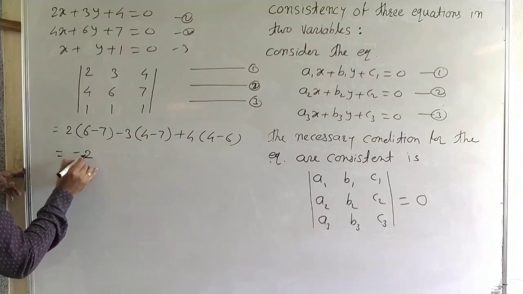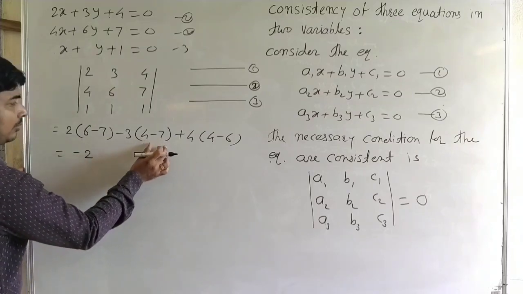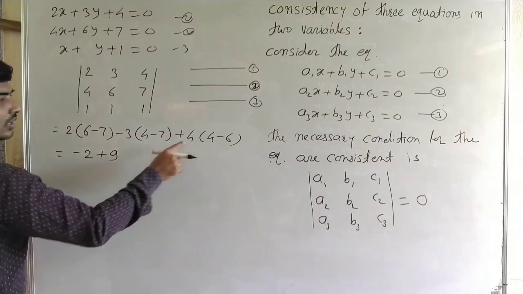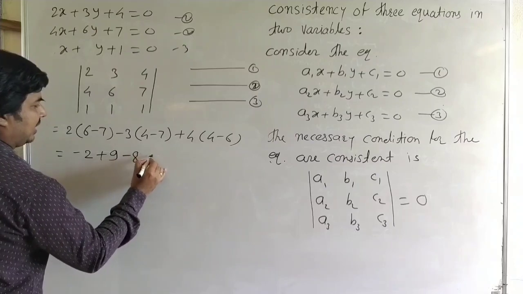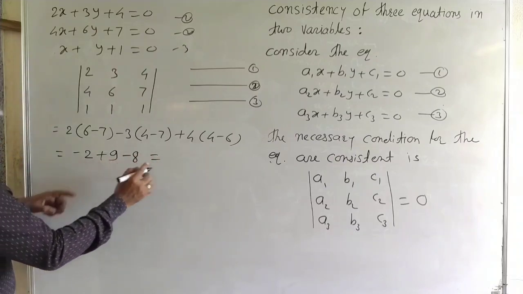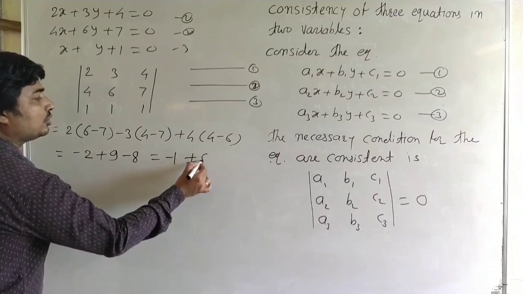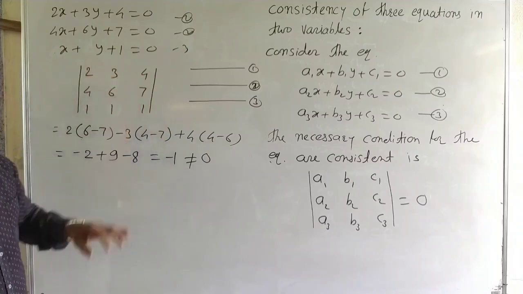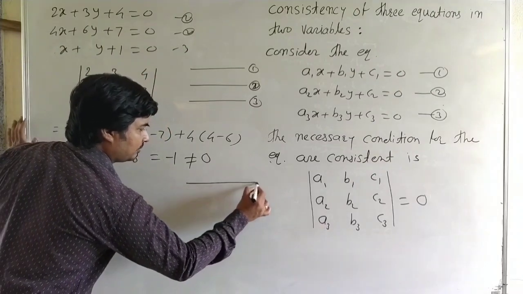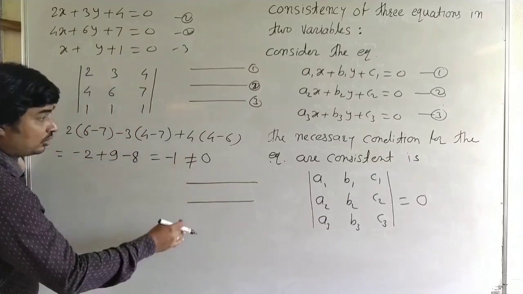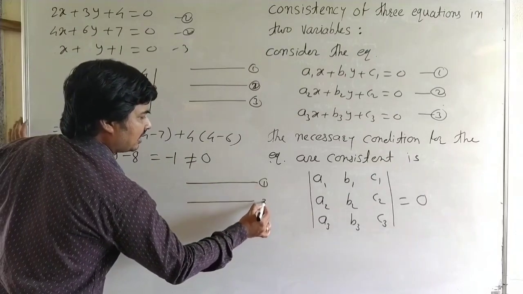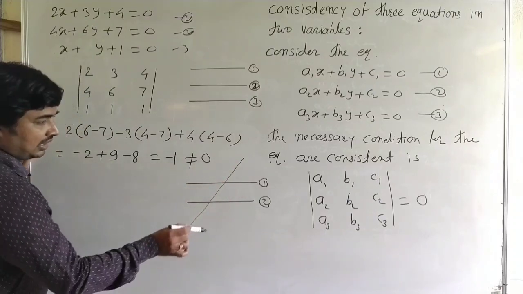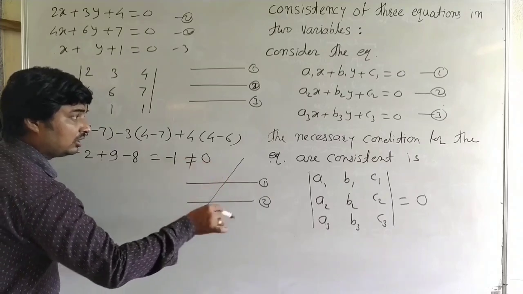It is minus 1, therefore it is minus 2. It is minus 3 into minus 3, it is plus 9. And here minus 2, it is minus 8, and then it is minus 10 plus 9, it is minus 1, which is not equal to 0. That means these three equations are not consistent. If any two lines out of three are parallel, here we can take first and second as parallel, and the third line is not parallel. That means there is no common solution of all three lines.